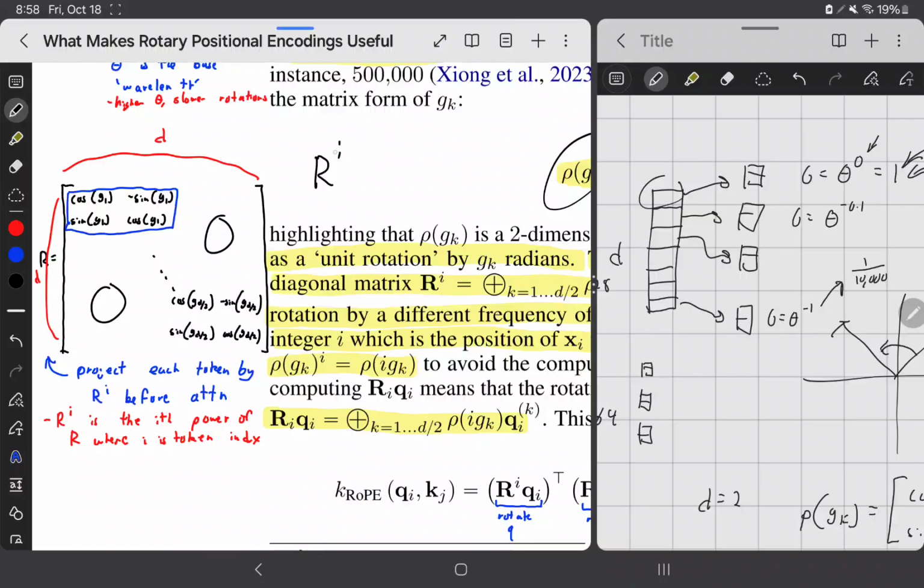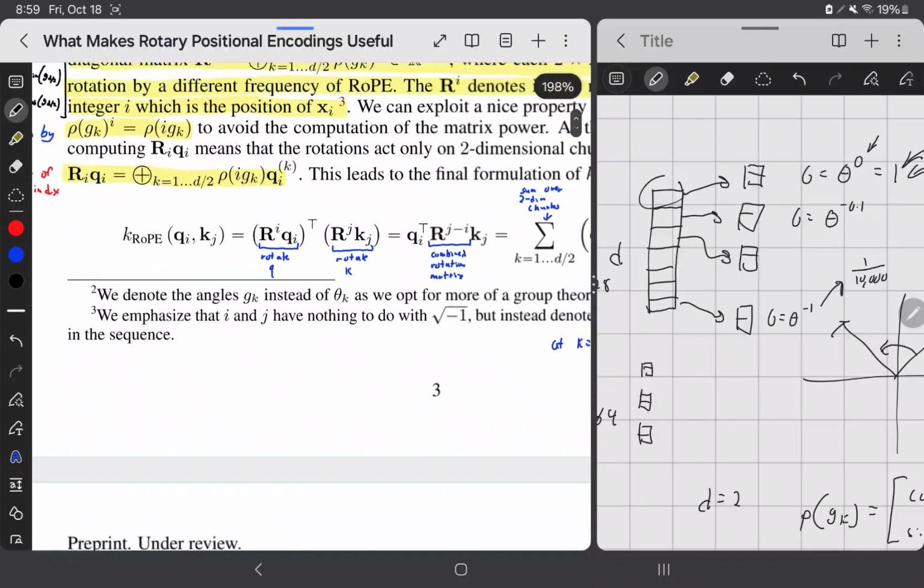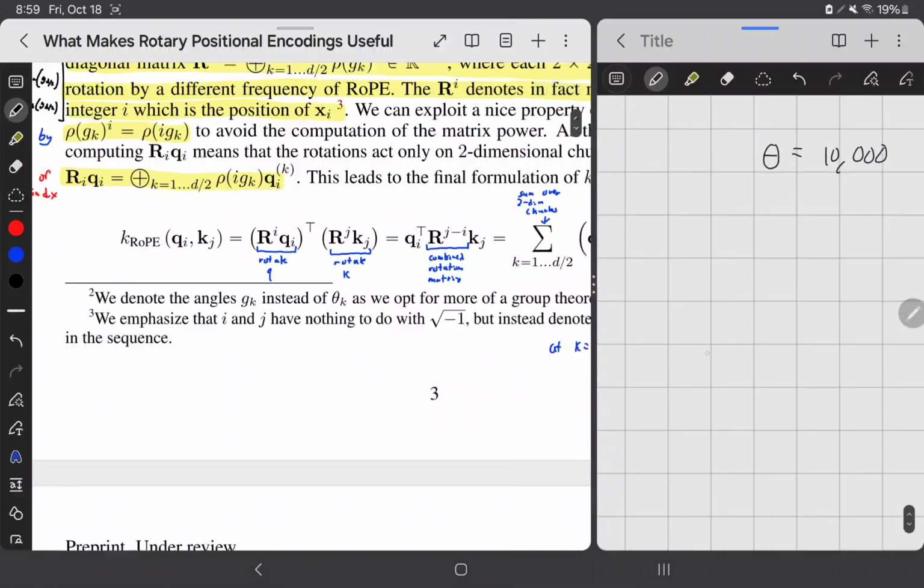So i would be equal to, say, 1 for the first vector in the sequence, so whatever the first word is. Then R to the power of 2 for the second token, R to the power of 3 for the third token. And basically this defines a rotation. So R to the power 1 is 1 rotation by this matrix, R to the power 2 would be 2 rotations, and so on. And basically what this is doing is saying, if we have say 3 tokens here,